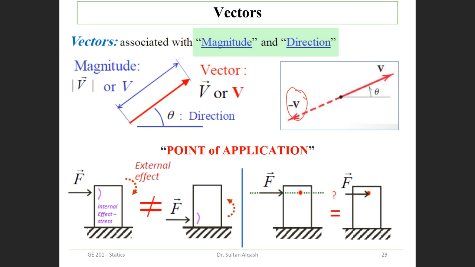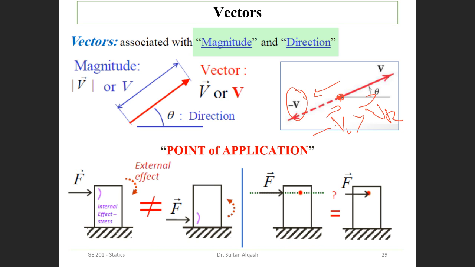It could also be, if I have opposite direction and equal magnitude, that means the third law of Newton. For example, this particle is not in motion. But if this one is in this direction and that one is in the negative direction, and negative V is greater than V, with one on the left-hand side and one on the right-hand side, then the motion will take place in this direction.